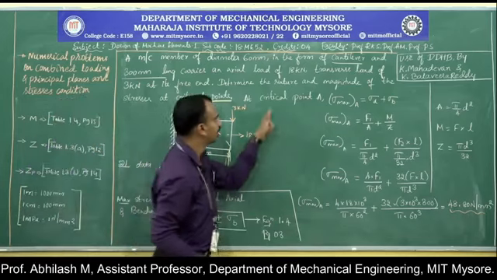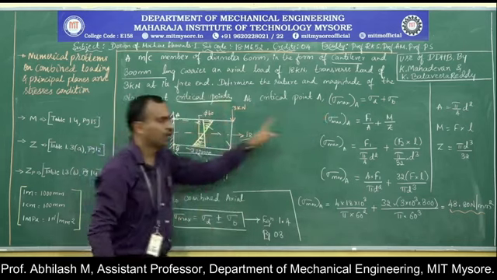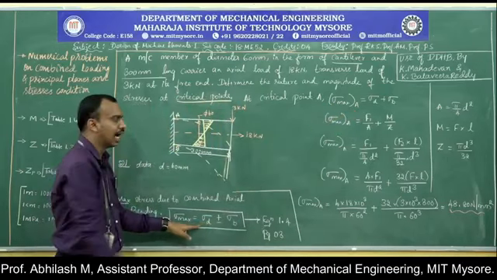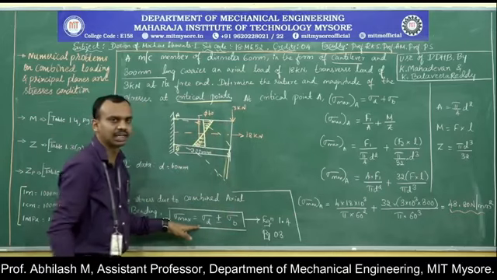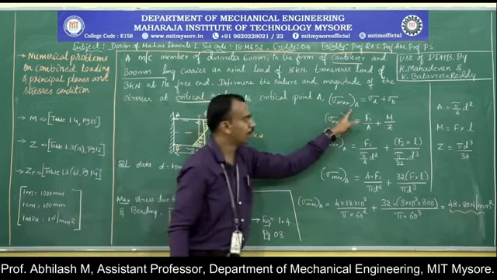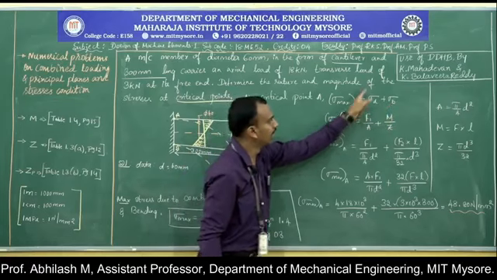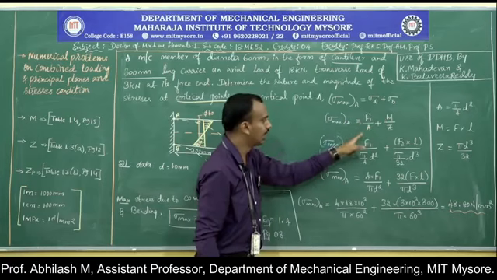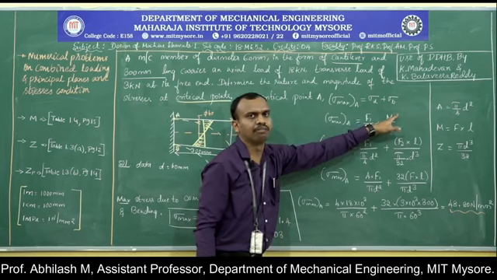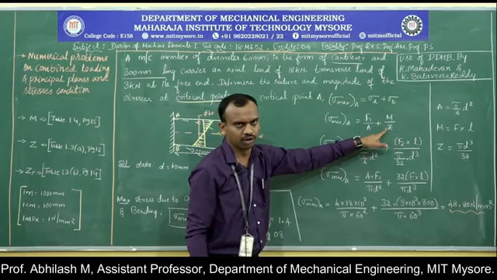First, I have taken the condition at critical point A. At critical point A, we know that the maximum stress at point A will be equal to the direct stress, and since the upper portion is subjected to tensile stress, it will be the plus sign, plus the bending stress. So sigma max will be equal to sigma d plus sigma b. And we know that the direct stress is given by the relation F divided by A, and the bending stress is given by the relation M divided by Z. This M is called the moment, Z is called the section modulus.